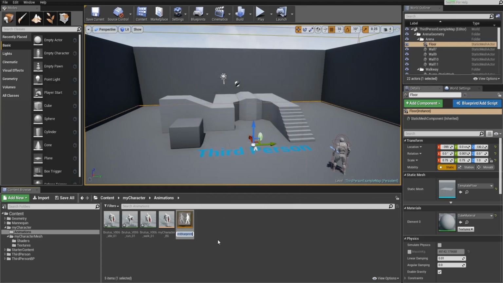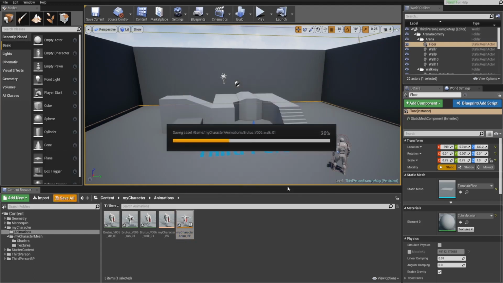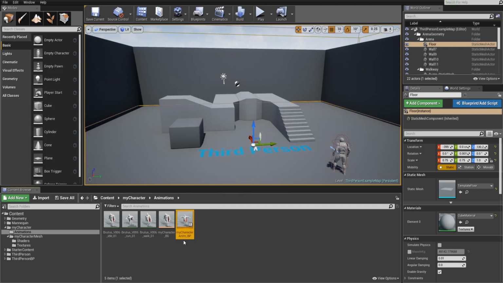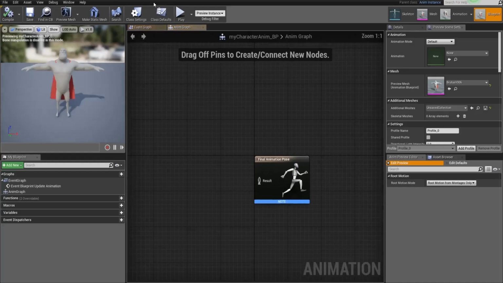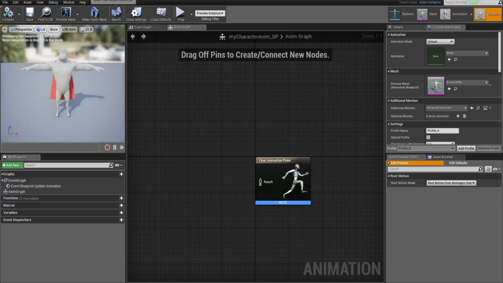We hit OK. Now we call this my character anim underscore blueprint. We probably save all. Double click on that. This opens up. Now,